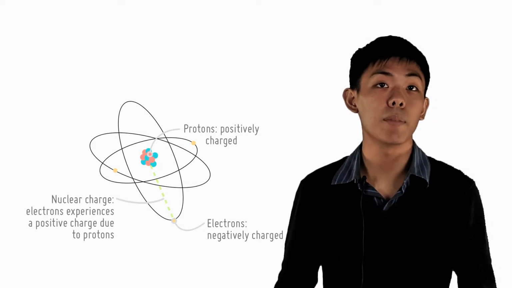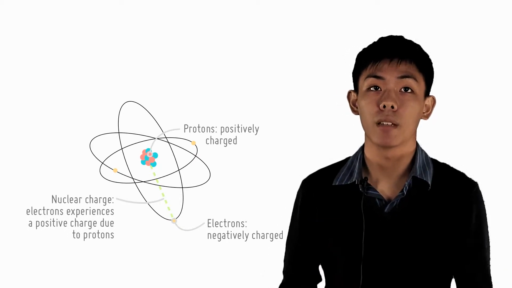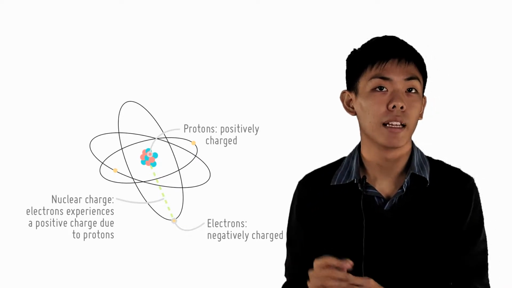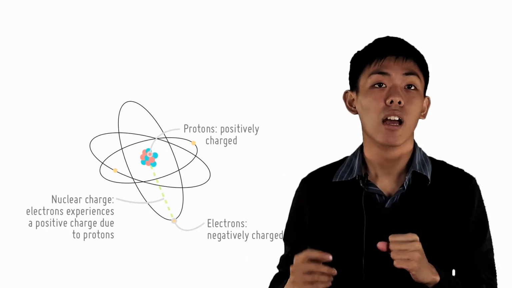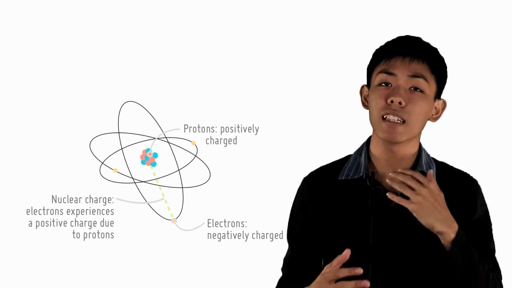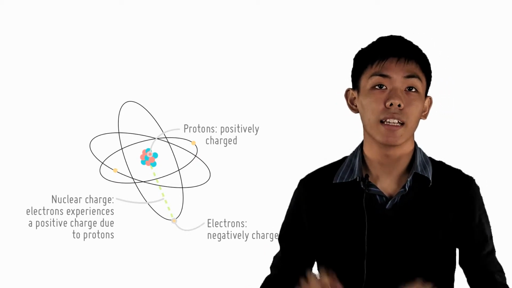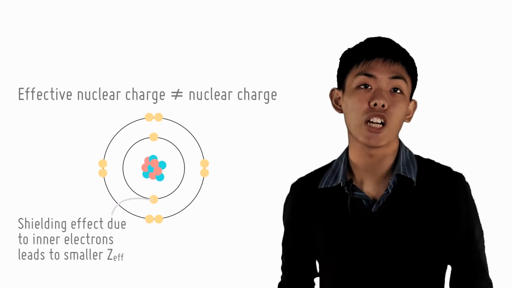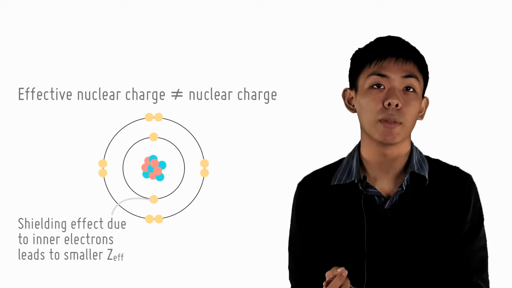However, as previously mentioned, these electrons are not evenly distributed around the atom. While it is true that the nuclear charge on every electron should be the same, given that the same number of protons is acting on every electron, we will still see electrons experiencing a greater nuclear charge than others. This is where the word effective becomes very important. The effective nuclear charge an electron may experience is different from the nuclear charge due to a phenomenon known as